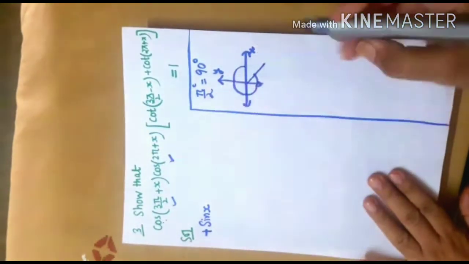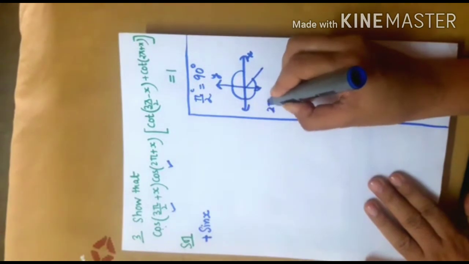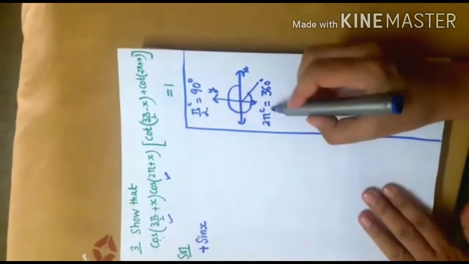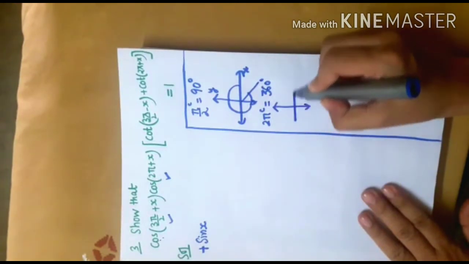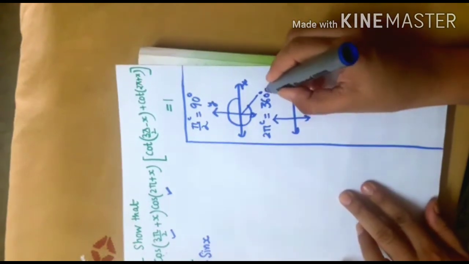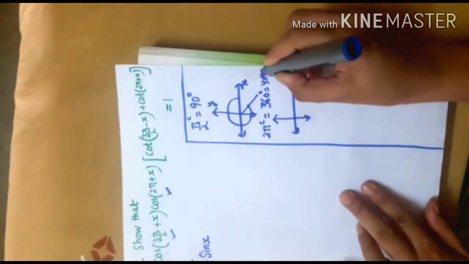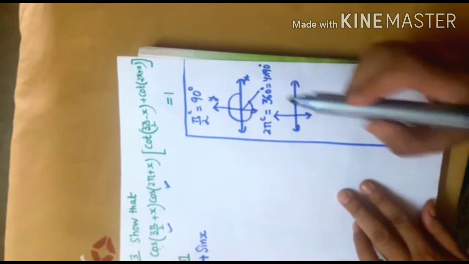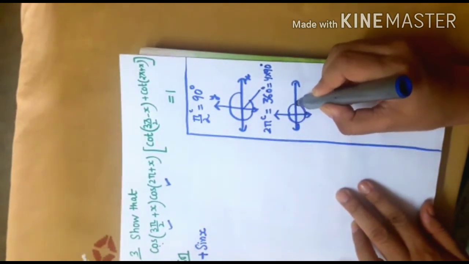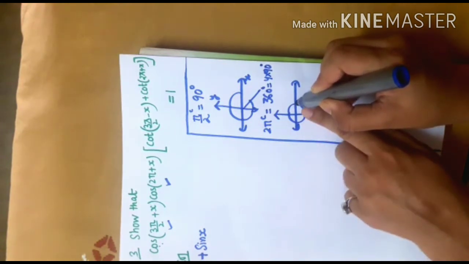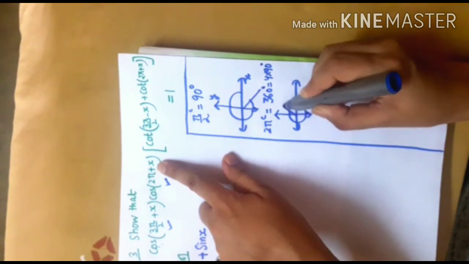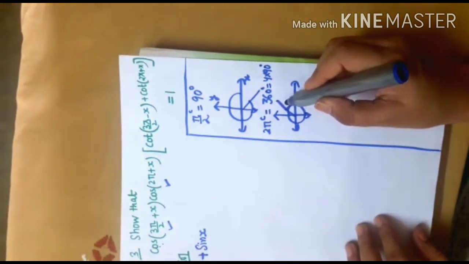Now coming to this. 2 pi radian means 360 degrees, right? And 360 degrees is 4 into 90 degrees. So 4 times 90: first 90, second 90, third 90, fourth 90. Here I complete 360 degrees, that is 2 pi radian, plus x. Plus x, that means I will land in the first quadrant.